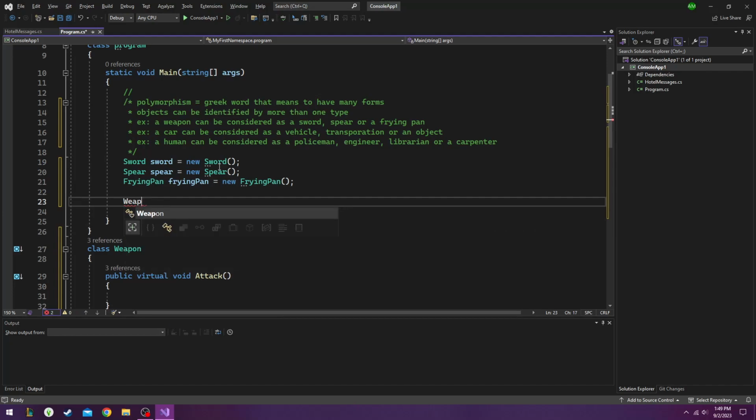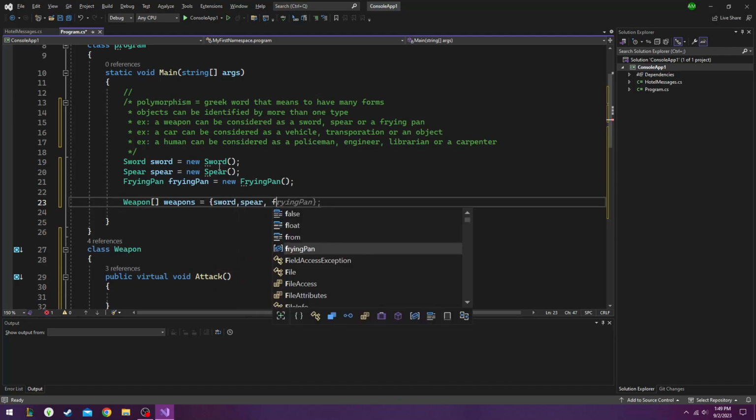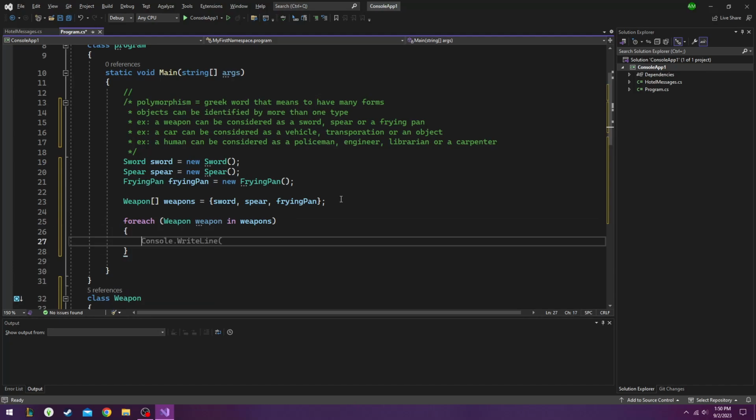And for each weapon, we'll create an array. Sword, spear, frying pan. And we'll do a simple foreach. So for each weapon in weapons, we'll do